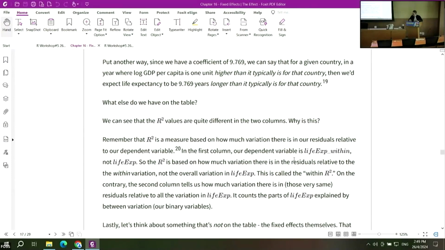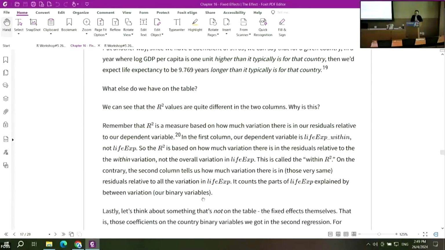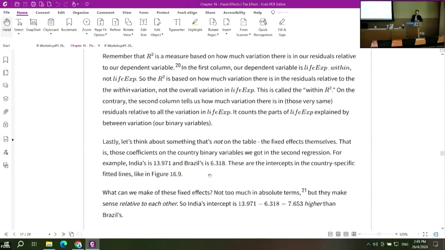So this is what we call the within variation R-squared, or you can just call that within R-squared. On the contrary, the next column tells us how much variation there is in the residual relative to all the variation in life expectancy, and it counts the part of life expectancy explained by between variation as well. Okay, so